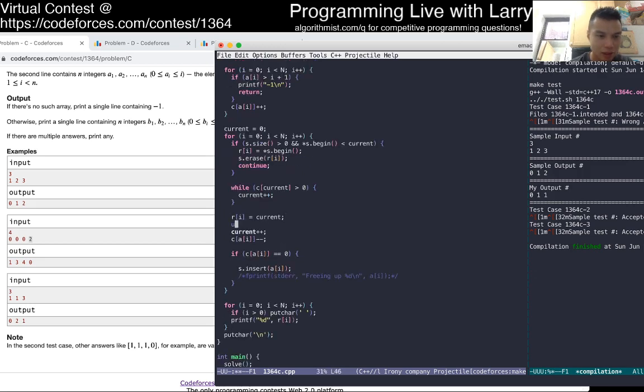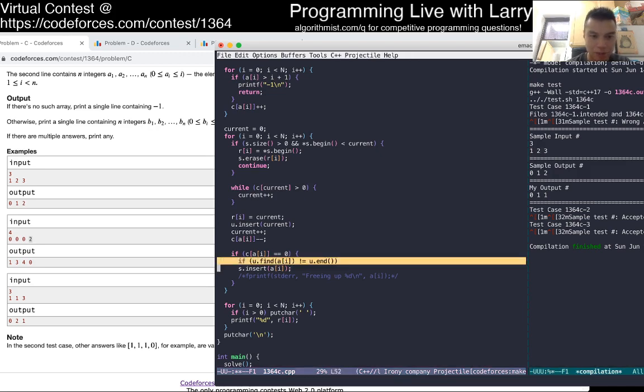Used dot insert current, if you define. Wait, how does that make sense? Why is this 1? Because we pop off the 1 so we get to use it. Wait, what? Don't know if this makes sense. Hang on. Hold up.